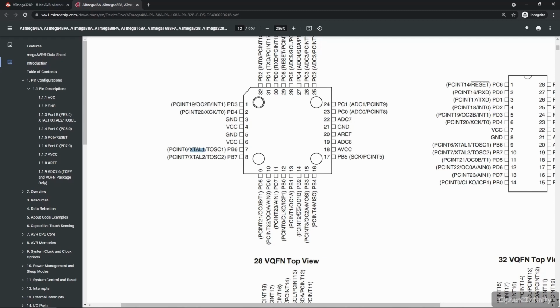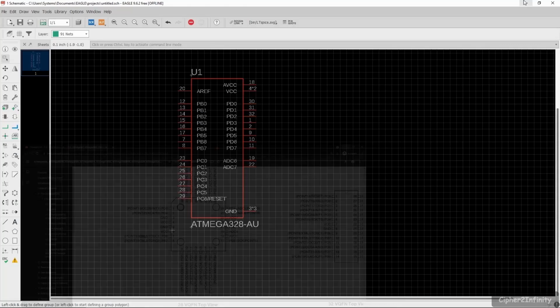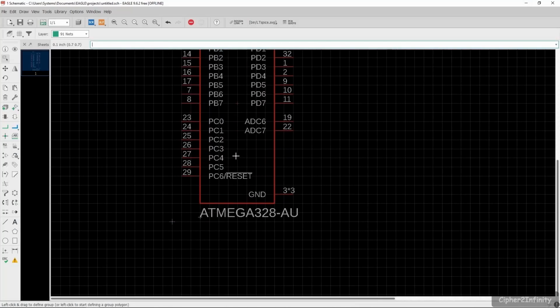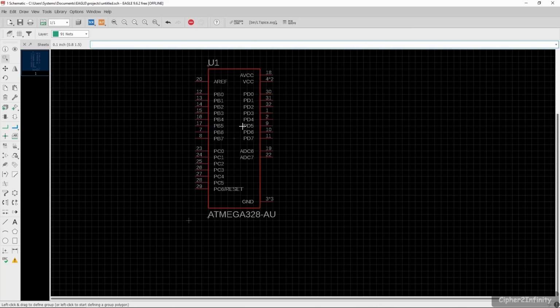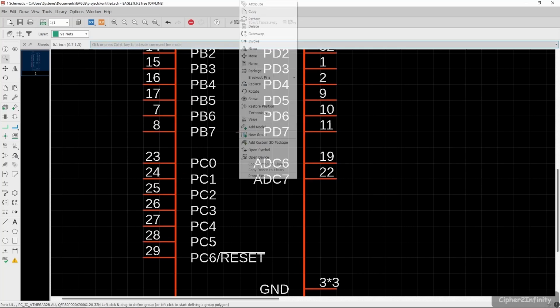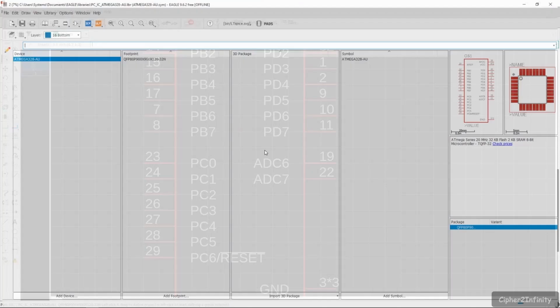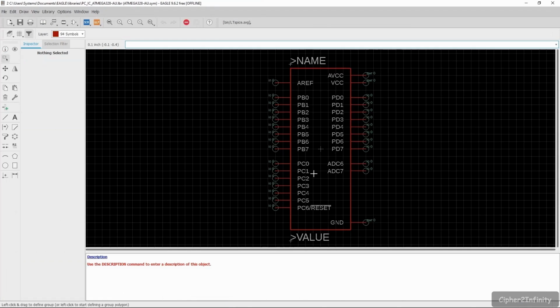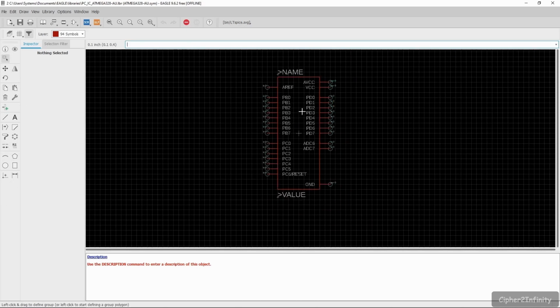Let's consider we are connecting a crystal on these two pins, so let's do the changes as per our requirement in the symbol. PB6 will be extal1 and PB7 will be extal2. In order to do the changes in this particular symbol, you have to right click on this plus icon, and after that click on open symbol. Here we can do the changes as per our requirement, and these are all the tools that we can use to do the changes in the symbol.